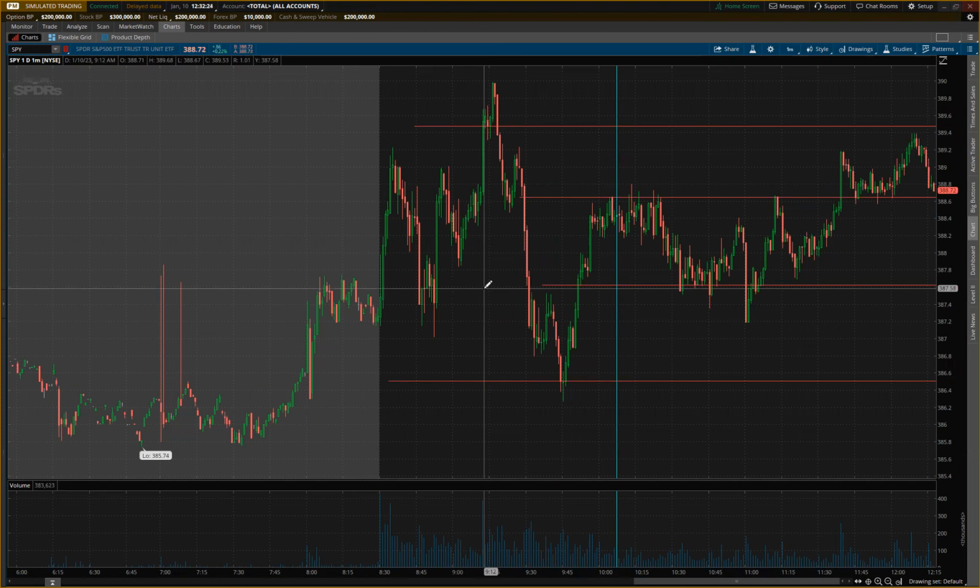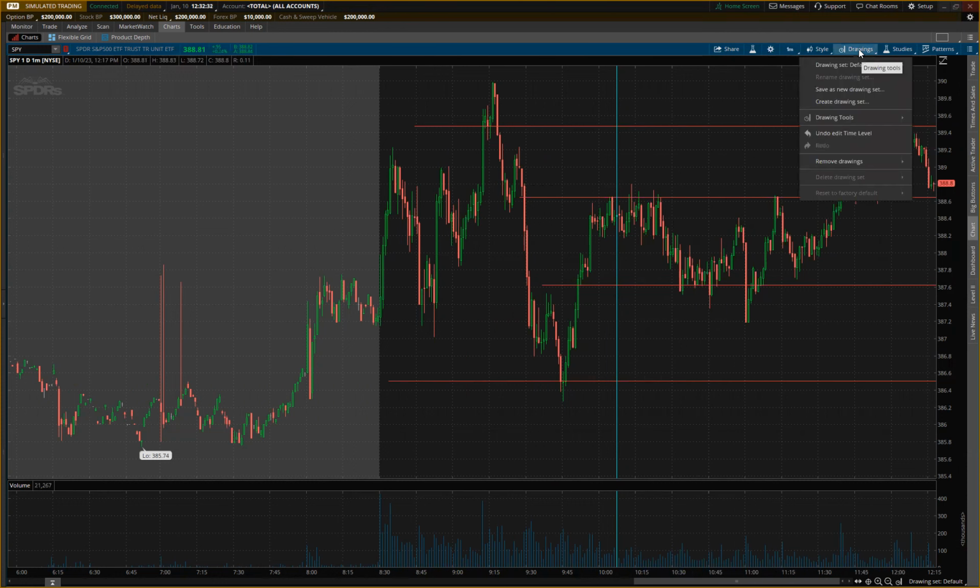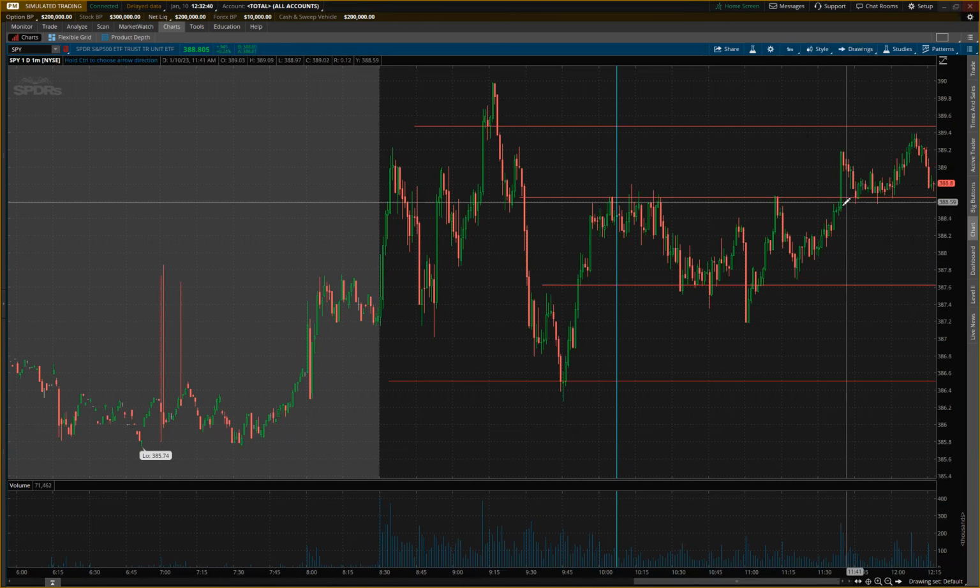And I've done that on the 5-minute chart. Now I've switched over to the 1-minute chart, and this is where I'm potentially making trades throughout the day. Again, we're only looking to make 1 or 2 trades. You don't want to get too crazy and get caught up in it. If you're doing 1 to 2 trades max a day, then hopefully you're